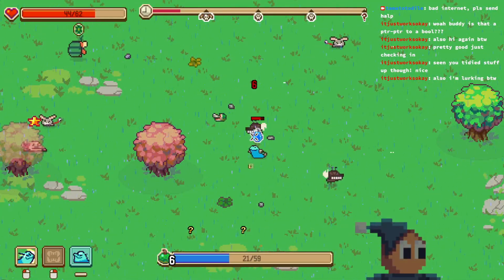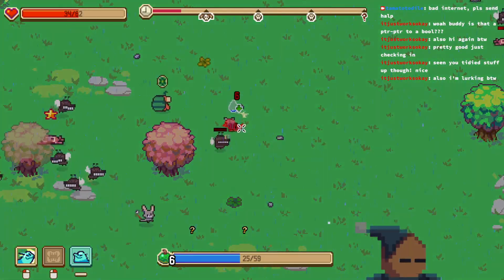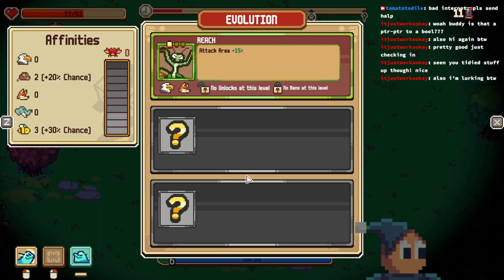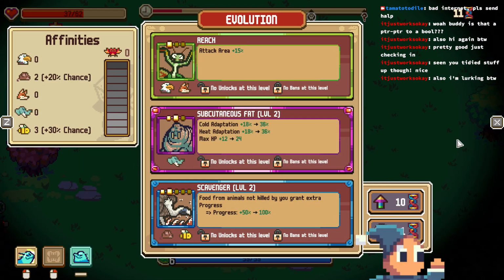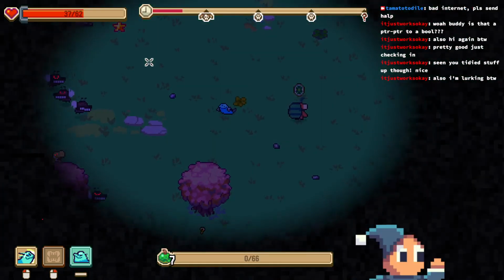Ouch. Owie, owie, owie, owie. Stop it. Okay. Back area, scavenger, subcutaneous fat. Fine. Reach. I need more reach.